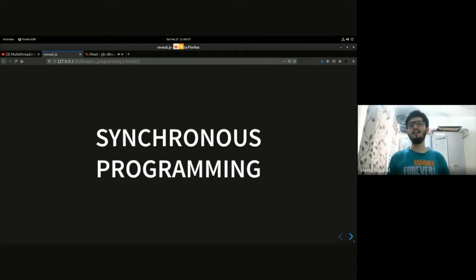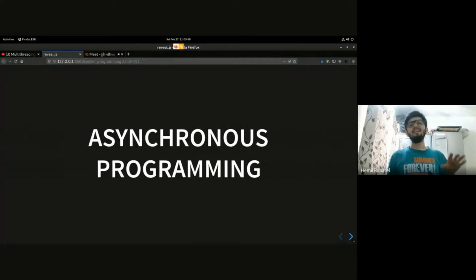And yeah, asynchronous programming is the ability to execute multiple things at once. For example, like I said, you can perform some calculations while you're waiting for some user input, or you can read a file from the disk while you're waiting for a network request to complete. That's asynchronous programming.